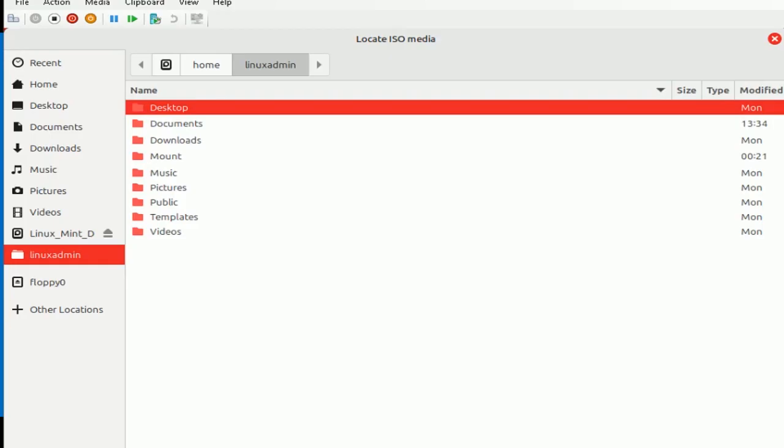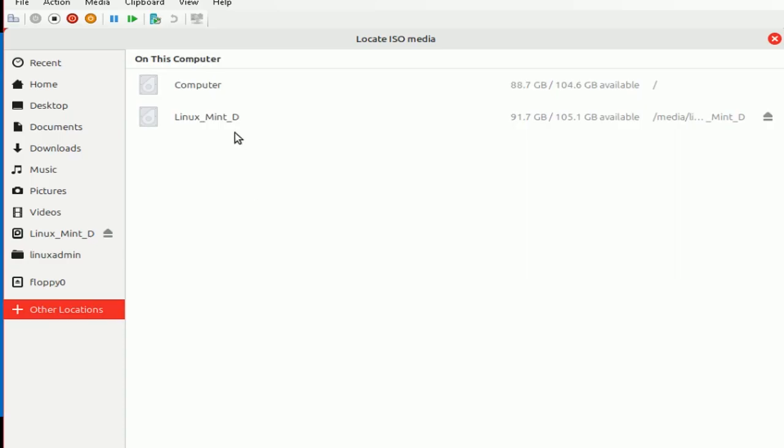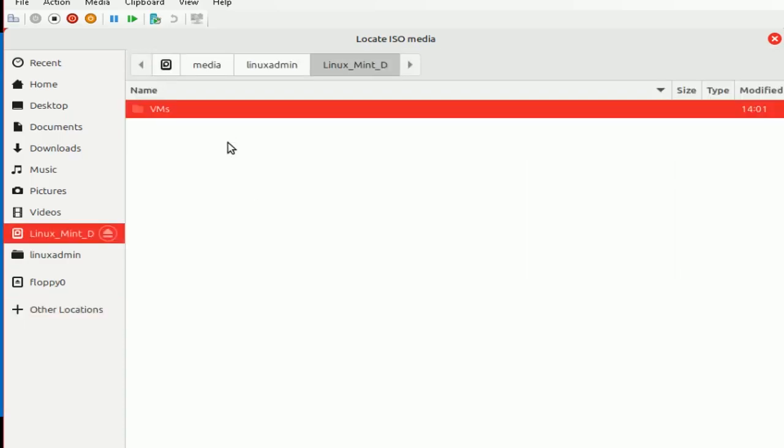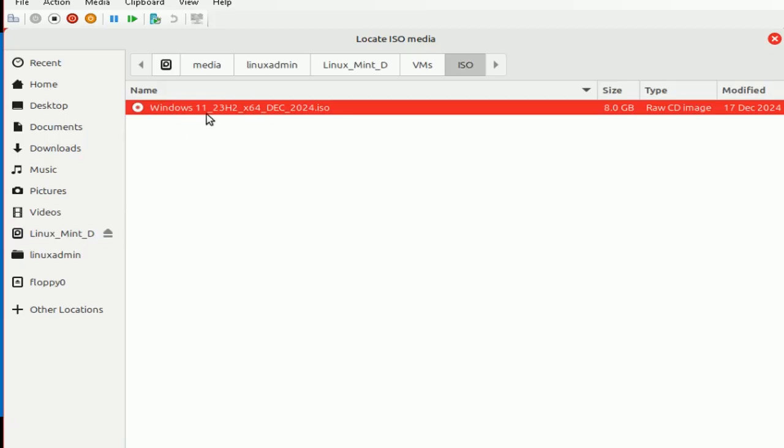So I am clicking on the other locations over here, and now Linux Mint D is visible. So I'm selecting that one. I'm going to the VMs folder and I'm going to the ISO. Okay, and I'm selecting this particular ISO now because we need to use this particular ISO for installing our virtual